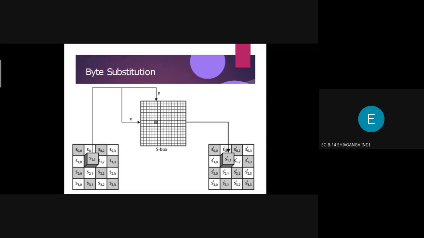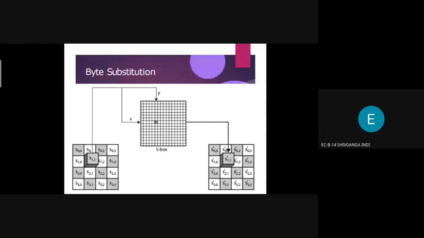We can use the S-box concept. From the S-box we take one particular byte, and that byte can be replaced using various matrix multiplications.